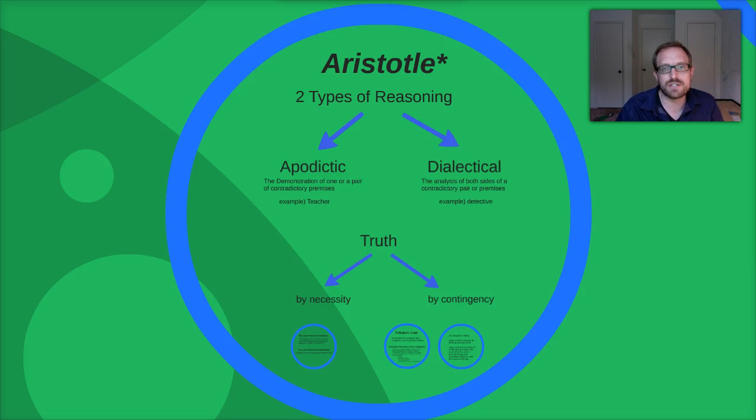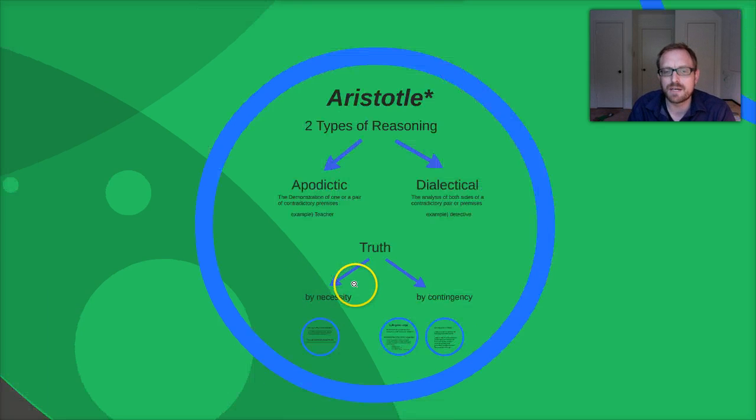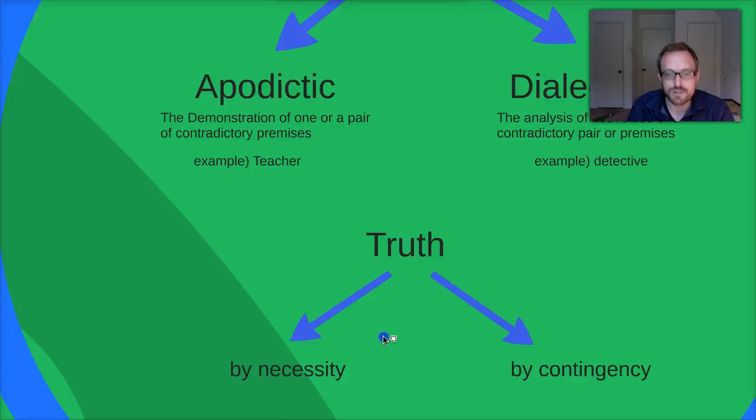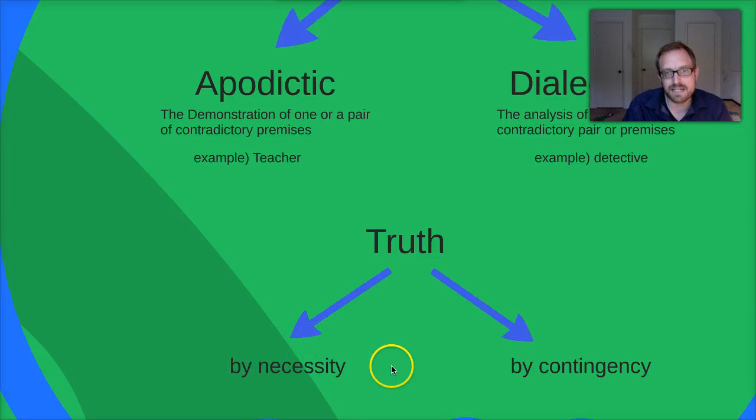So the other thing is Aristotle makes a distinction in terms of truth. On the one hand, we talk about something being true. Something can either be true by necessity or it can be true by contingency. So necessity would be, for instance, if I say a squared plus b squared equals c squared, right? That's the Pythagorean theorem. That statement is true by necessity. That is, there's no other way to understand it. Mathematically, that has been proven multiple times in multiple ways such that that claim is always true, right? So we have the idea of necessary truths.